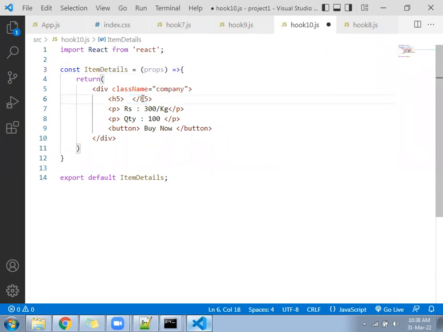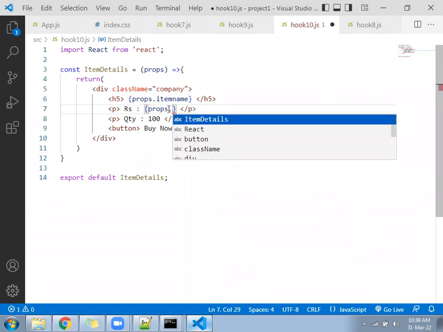Now we can write here inside the props. We are going to send multiple values. So we can write here props dot name, or maybe you can write here item name. Props dot item name. So under the props object, we have to send which one? Item name as a property. Then instead of 300 per kg, we can write props dot item price.